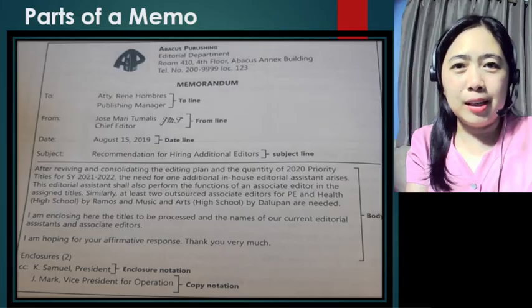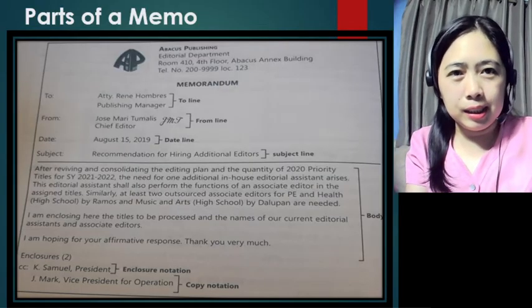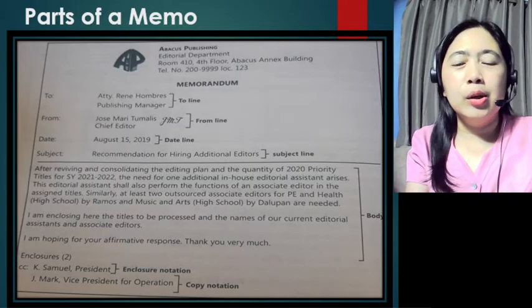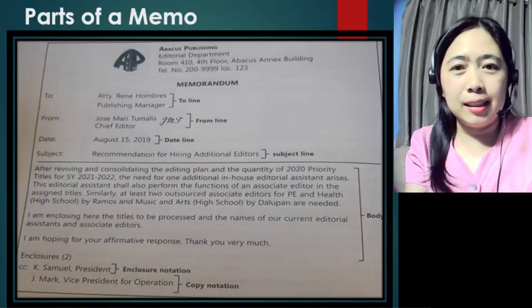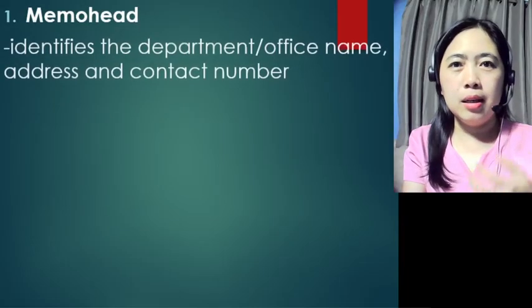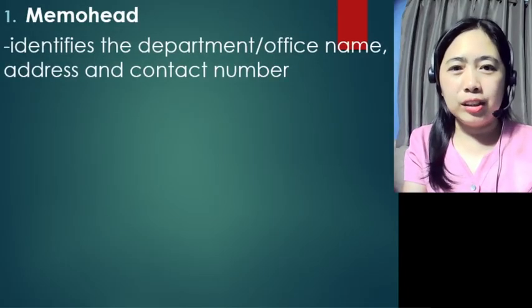Again, we have the letterhead here, with a 2 line space, and this is basically how it goes. So we'll talk about each part of the memo. The first one we have is the memo head. The memo head is like the letterhead. It has the logo of the company, the name of the company, the address, and the